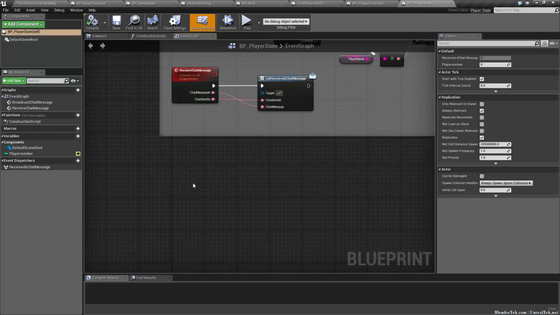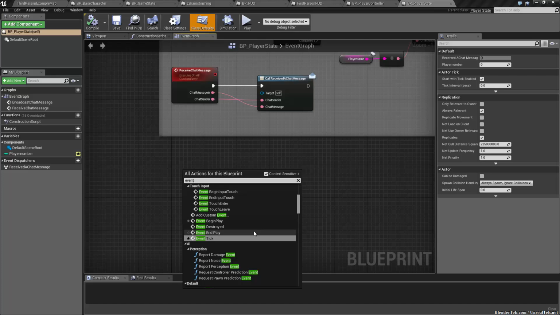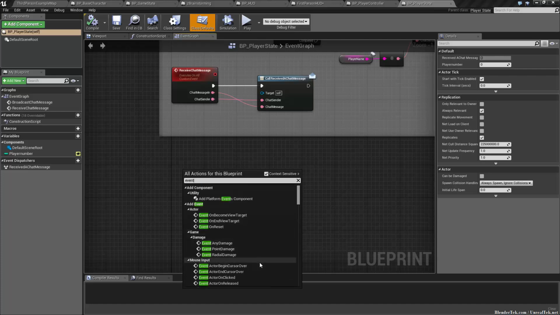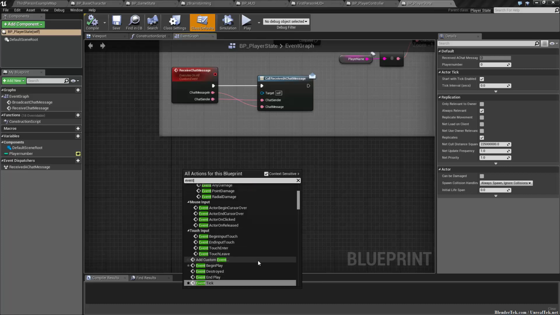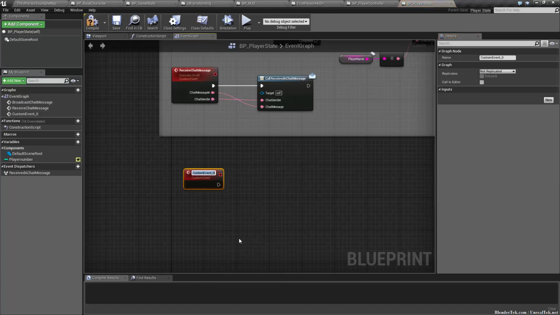So let's add a custom event called set player name,